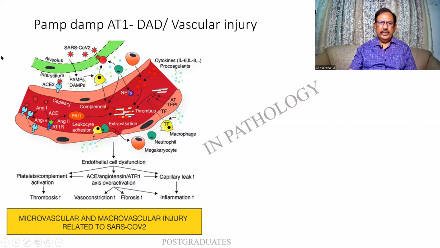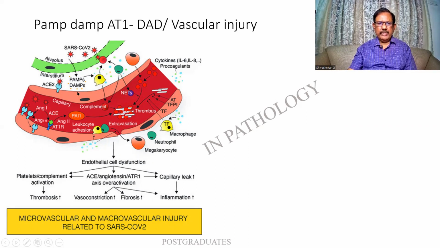This is a superb picture. This is what I wanted. PAMP and DAMP. Vascular injury that can be there. It's a superb one that you will have to mention. Just follow my thing. So this is the alveolar space. You find that the bacteria or the virus are traversing the alveolar spaces. They are getting caught in the interstitium, in which there are the blood vessels. Alveolar capillaries are there. The lining endothelium is also present.